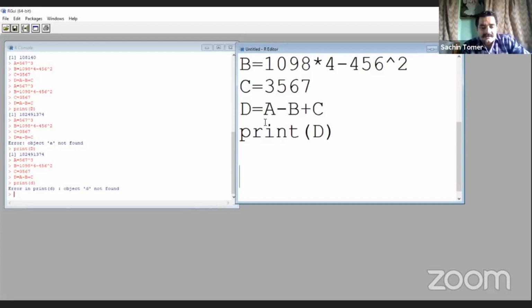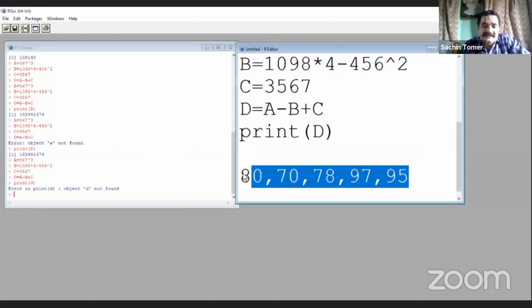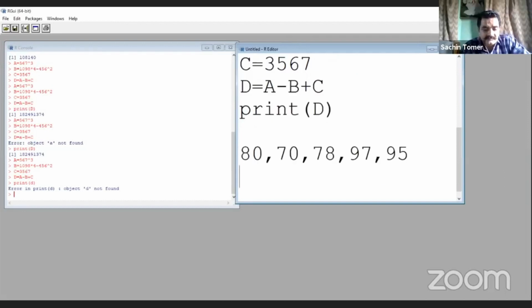Suppose we have the marks of 5 students: 80, 70, 78, 97, and 95. These are the marks of 5 students out of 100, and we want to enter this data into our language. So what we have to do here is take M, which shows the marks.